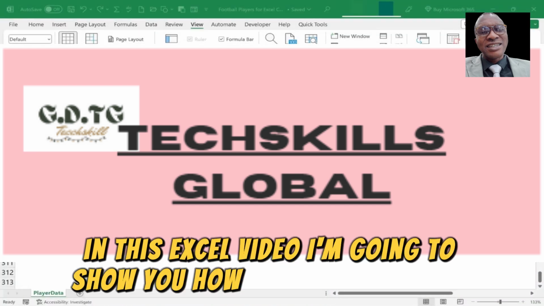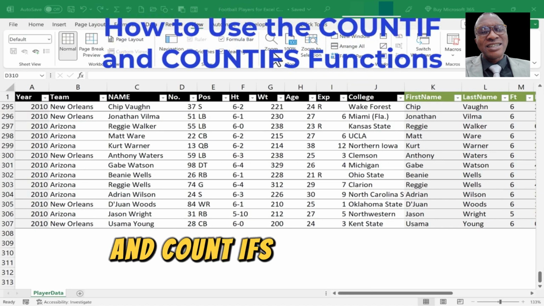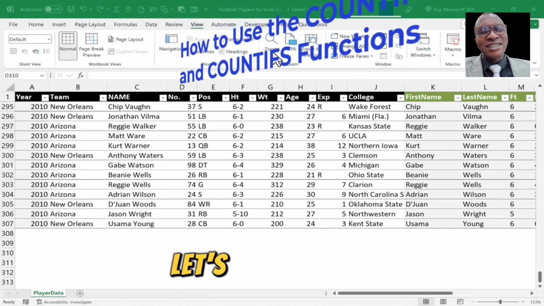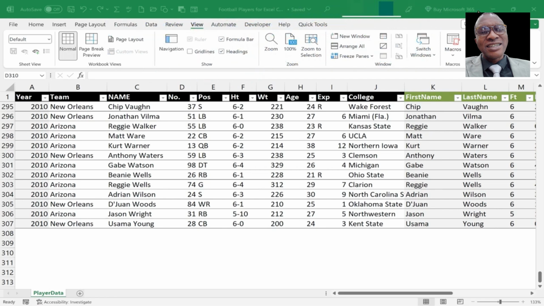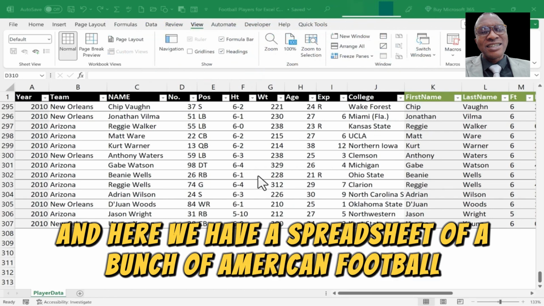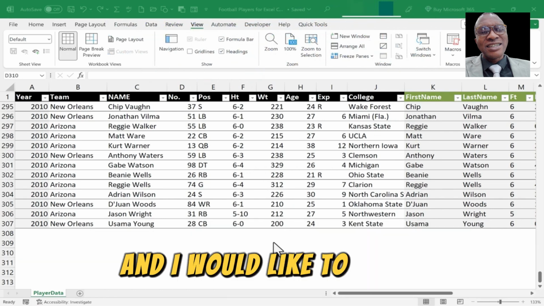In this exam video, I am going to show you how to use the COUNTIF and COUNTIFS functions in Microsoft Excel. Let's get started, please. Here we have a spreadsheet of a bunch of American players, and we like